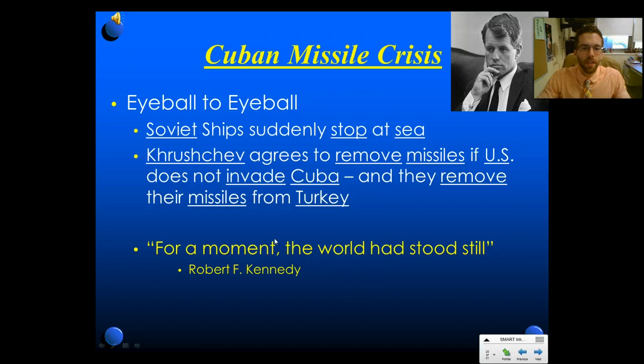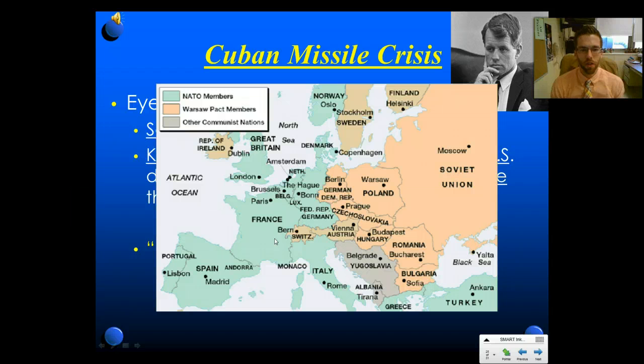Khrushchev says the Soviets will take their missiles out of Cuba if the United States never invades Cuba again, which we haven't since then, and we remove our missiles from Turkey, okay? That's kind of the part a lot of times we don't talk about. We had missiles right next to the Soviet Union. So it's okay for us to have missiles right next to them, but they can't have missiles right next to us. I know, okay? So we had missiles right in here, right across the Black Sea, that could hit the Soviet Union.